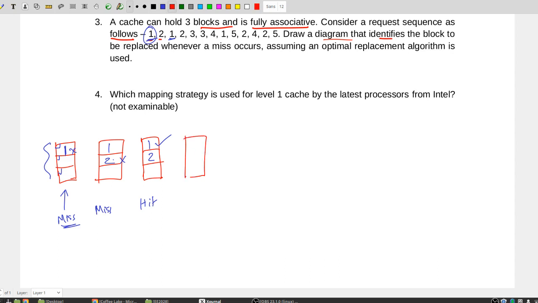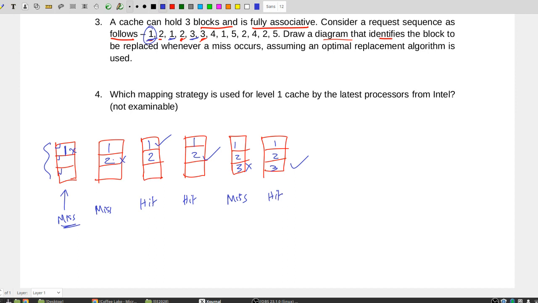Now next, 2 is being accessed. So 1, 2, and you will have a hit again, because 2 is already there. The next block to be accessed is 3, and 3 obviously is not there in the cache, so we will have a cache miss. So originally we had 1 and 2, and now 3 is accessed, so it was not there, so it's a miss. So the unused location of the cache will be used to hold the block number 3. And then we have a request for 3 again, and this time we get lucky because it's already there, so you have a hit.